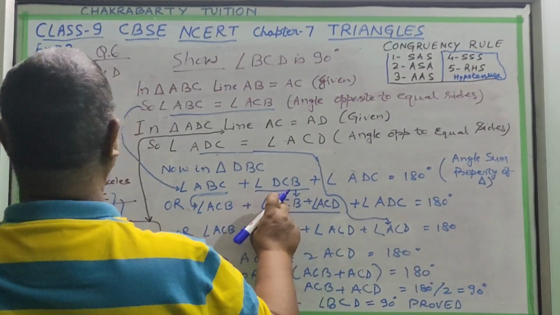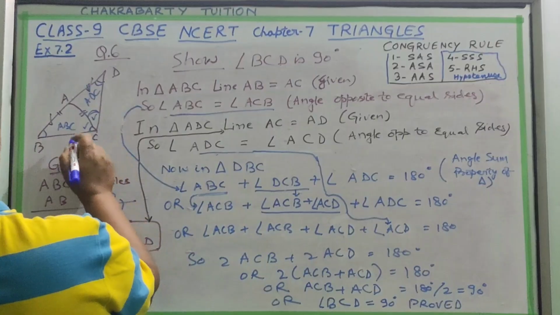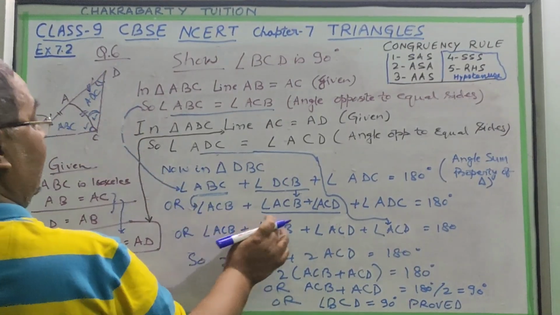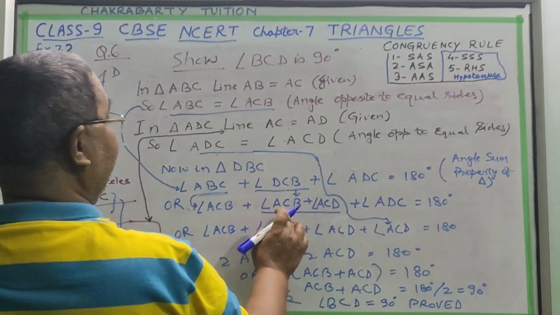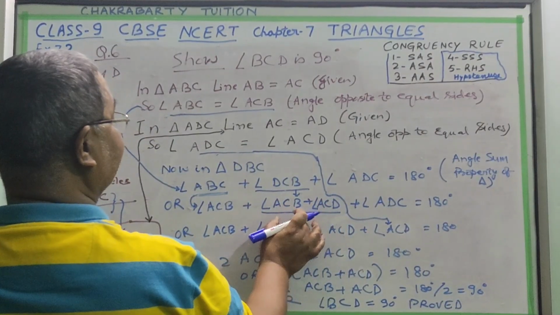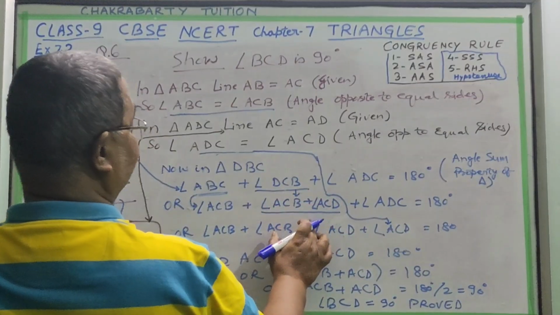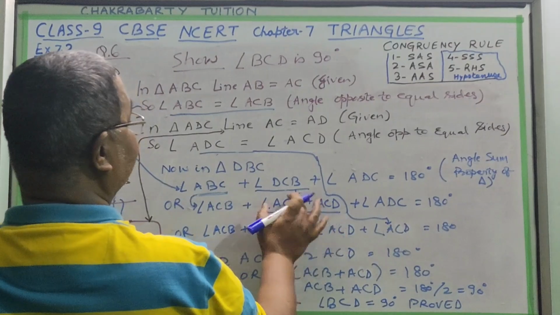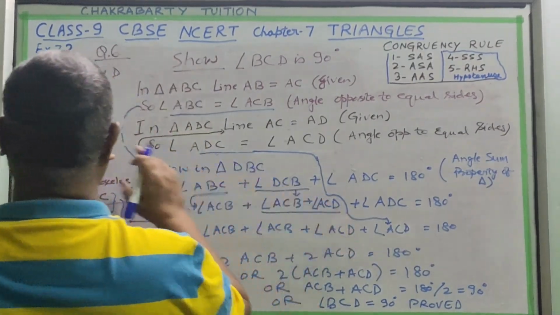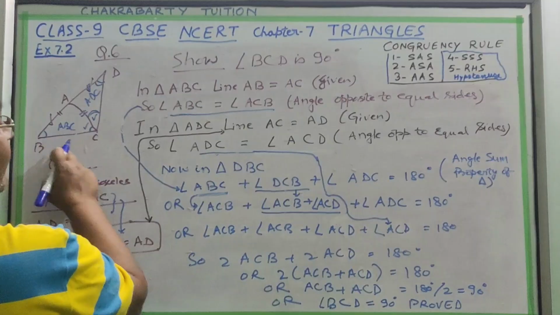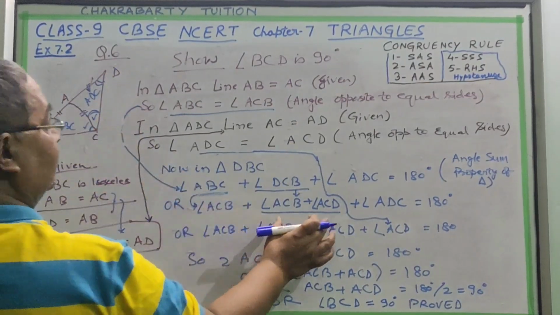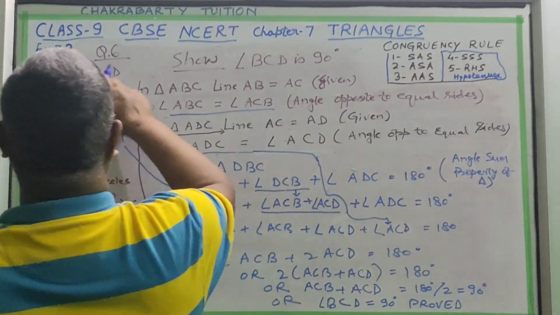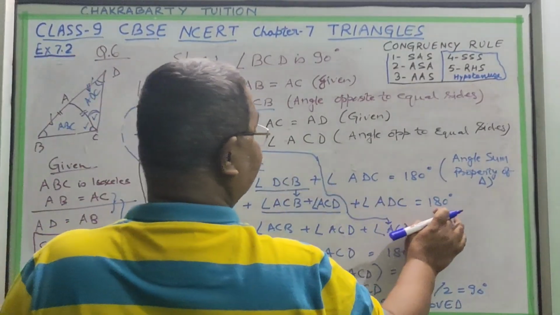Okay. Now angle C, you take angle C is made of two angles. One is BCA and ACD. Two angles are here. So angle DCB, angle C, is made up of two angles, ACB and ACD. So in place of DCB we can write ACB and ACD. These two angles we have written in place of DCB. And then angle ADC, this triangle. So ADC is here, 180 degrees.